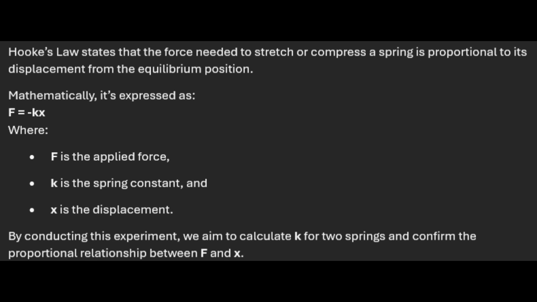Hooke's law states that the force needed to stretch or compress a spring is directly proportional to its displacement from the equilibrium position. Mathematically, it's expressed as F equals minus K times X, where F is the applied force to the spring, K is a spring constant, and X is the displacement from the equilibrium position. By conducting this experiment, we aim to calculate K for two springs and confirm the proportional relationship between F and